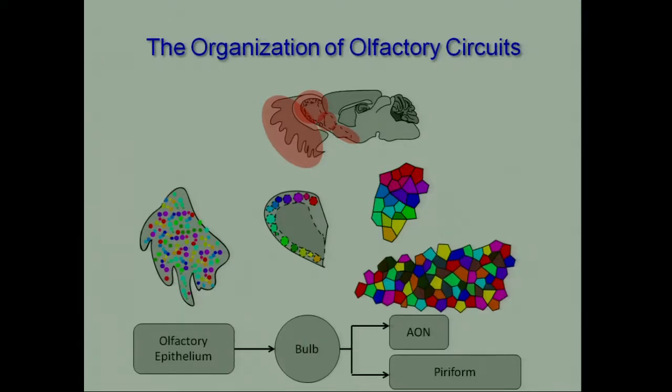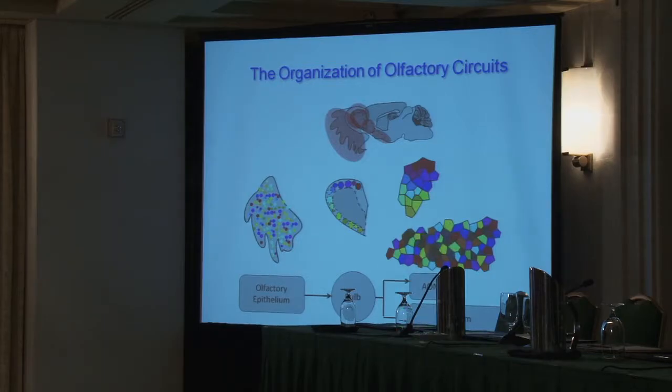But what happens, though, as the mitral cells project into these other structures, you can see that in the piriform cortex, it becomes salt and pepper again. That means that if you look at any little region here, you'll be likely to be getting inputs from any number of these, typically on the order of 20 or 30 glomeruli for a single pyramidal cell. But if you look in the accessory olfactory nucleus, it's a topographic map. So different parts of the brain are decoding this information in different ways.